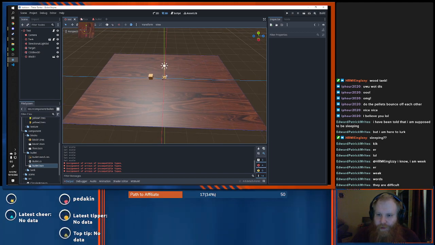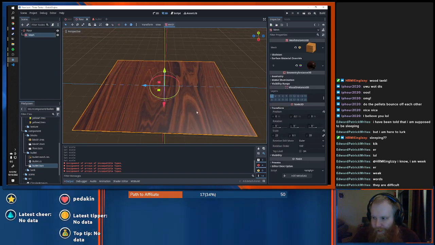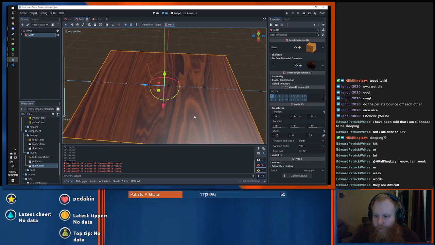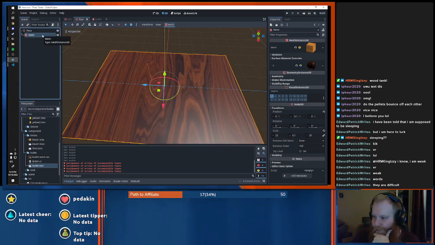I do wish... The boards are running the wrong way. I wonder how I fix that. Can I rotate the mesh? What if I change the rotation order? That didn't do anything. Can I go back?